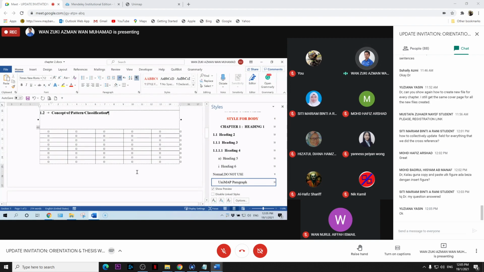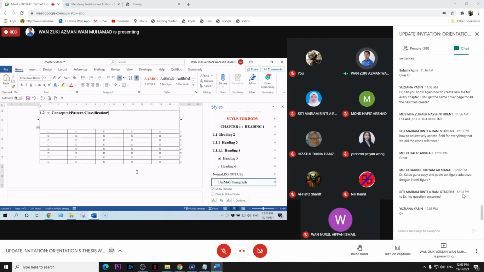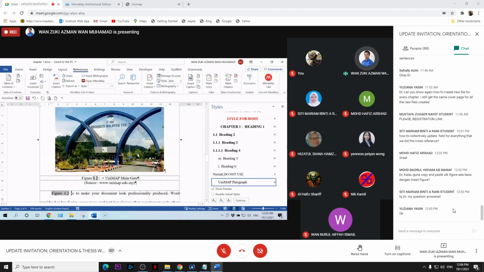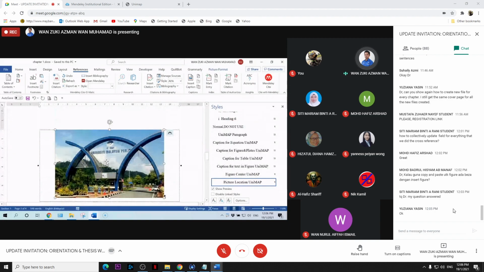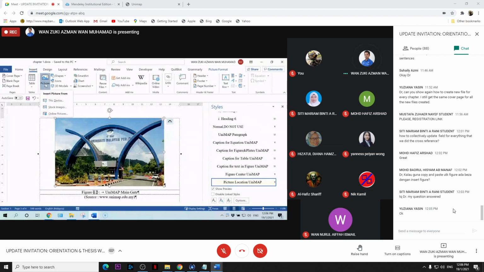How to collectively edit fields for everything that we did across references? Okay, answer. What if you use copy and paste for figures? Okay, Badrul asked the question, how about if you copy and paste a figure into the document? If you just copy and paste, you will reduce the resolution of the figure if you're not using the Insert here. If you're using this Insert, they still maintain the quality of your image.